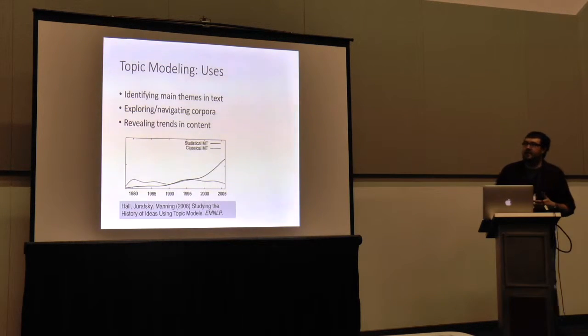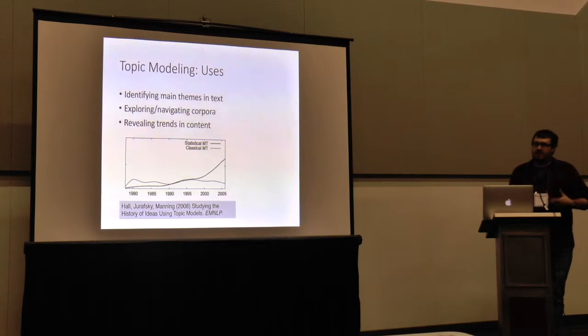And then another fairly common use of topic models is to look for trends, for example, over time or geography, in the topic content of some collection. So this screenshot up here, for example, is from this study, this was an NLP paper from quite a few years ago now, where they took all papers that were published in the major computational linguistics conferences from the past 20 or 30 years. They ran a topic model to extract the different topics that are discussed in these papers, and they plotted them